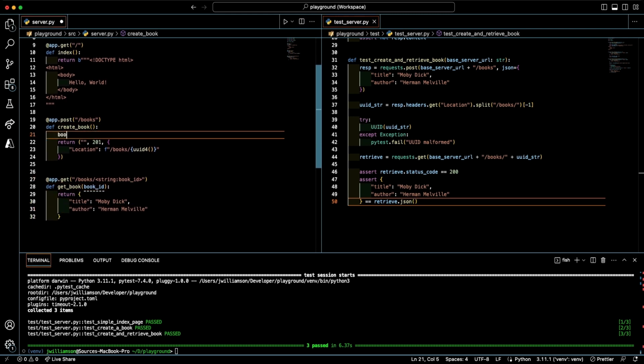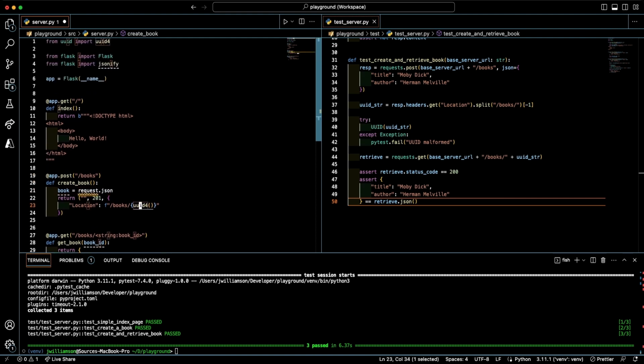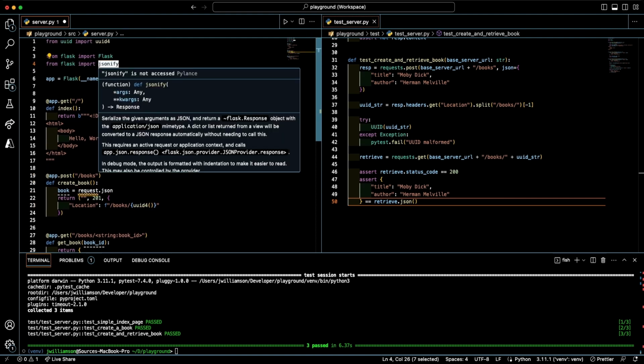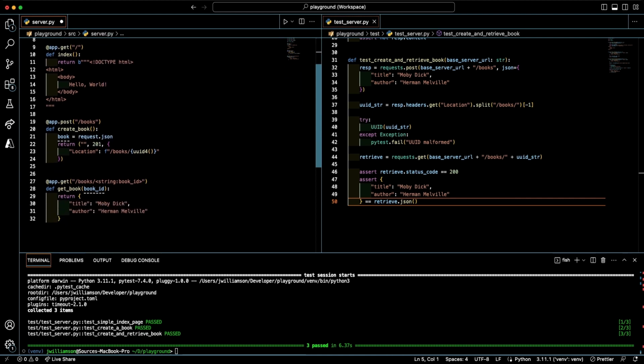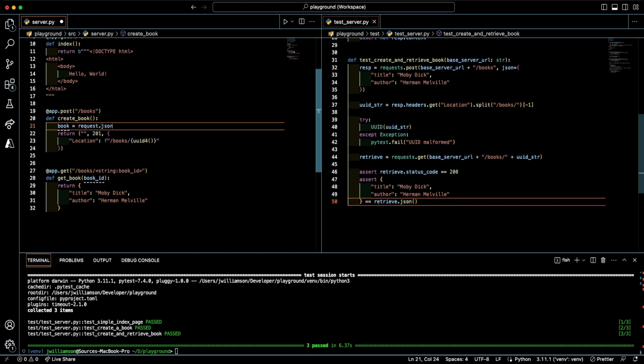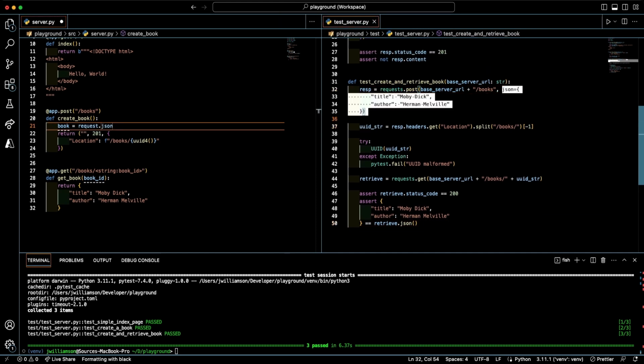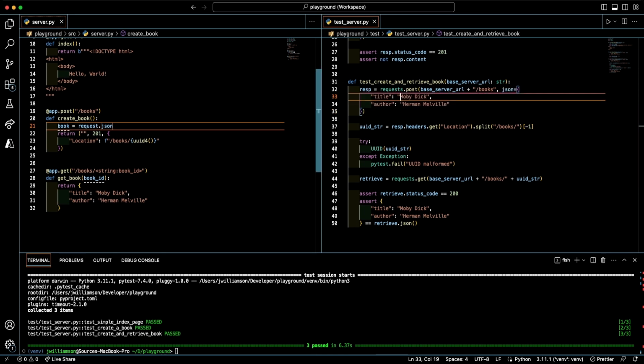So if we come up here, we can do book equals request.json. Request is another thing you can import from Flask. This has the request information on it. So we are giving a JSON body over here to our actual request.post. We want to be able to access that, and to do that, we can use request.json. It is a property, it is not a function, so don't get confused by how requests does it. It is a property, and so we can get the book off of it,